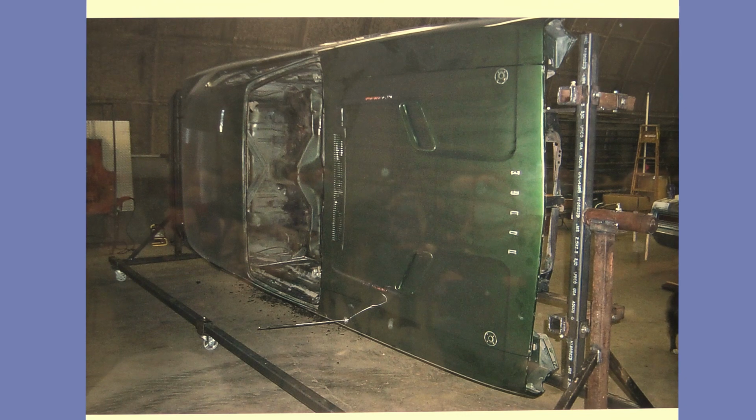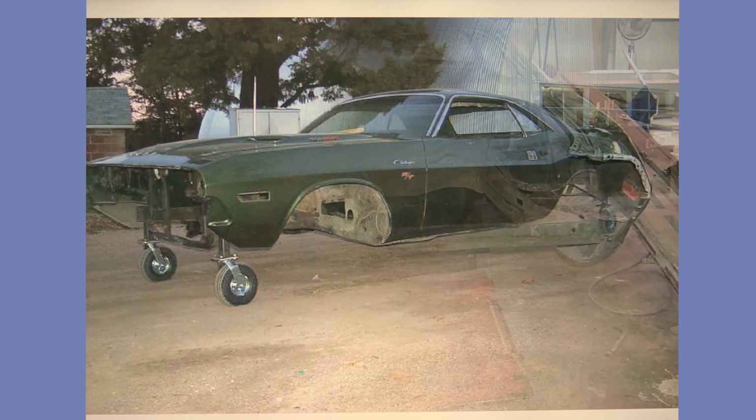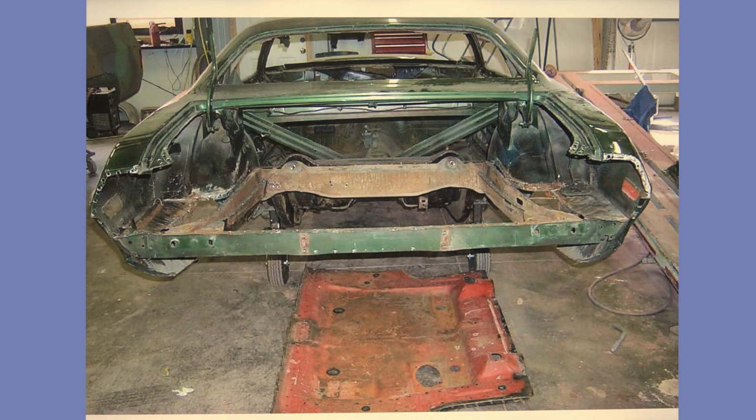and this is from the other side. And then this is after we get everything off of it and on the wheels, ready to go to the body shop. Didn't have the glass out of it yet, and then this was at the body shop. The trunk floor,